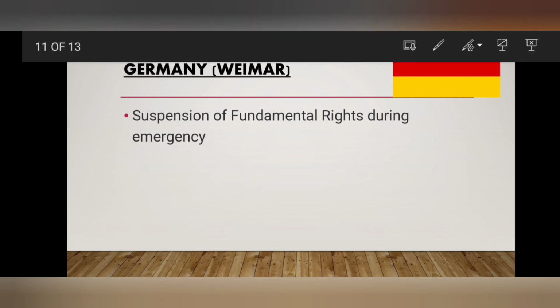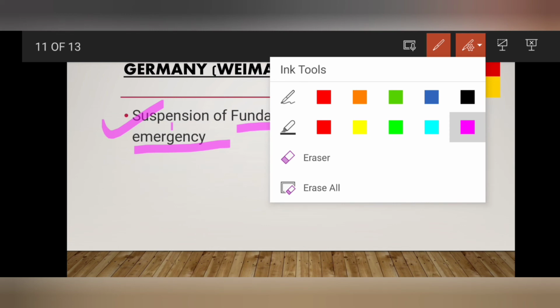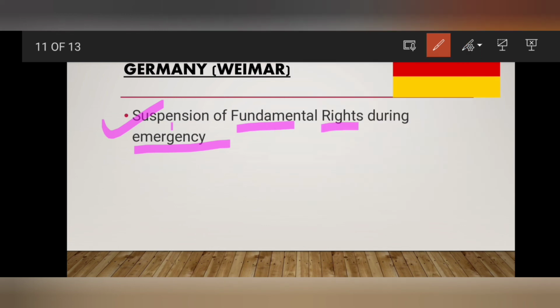The German constitution, called the Weimar constitution of Germany, from there not much, and it's an important one: the suspension of fundamental rights during emergency. Fundamental rights being suspended during an emergency has been taken from the German constitution. But remember,